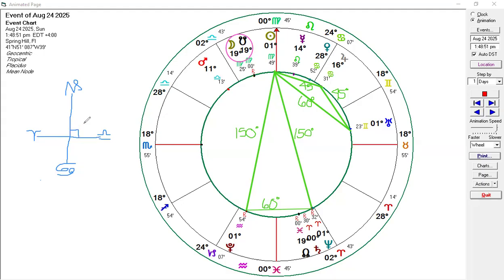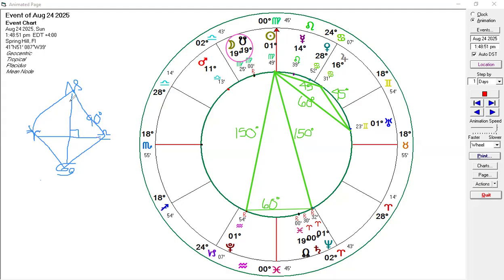This is 90 degrees, right? This is a 90-degree angle. And then it would be all the way around: 90, 90 is 180, another 90 is 270, and another 90 is 360, and we go all the way around. Okay? So that being said, this is the T-square. This is your grand cross, because we're looking at it like this too. These are all square. Pardon my bad drawing, but you can see that these are squares.